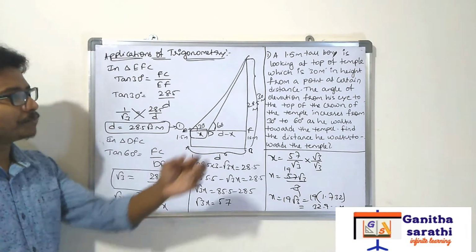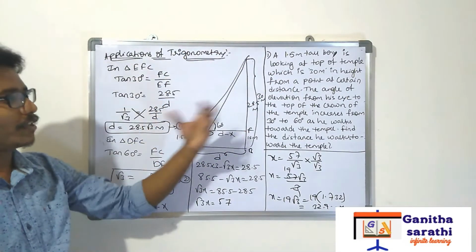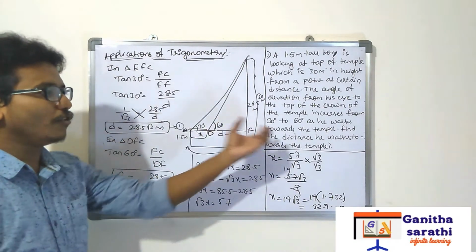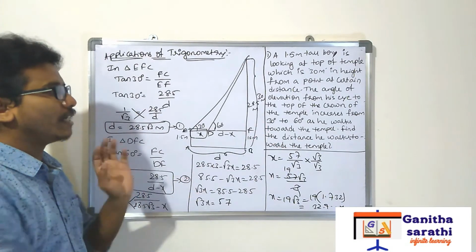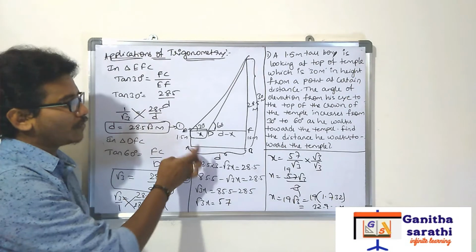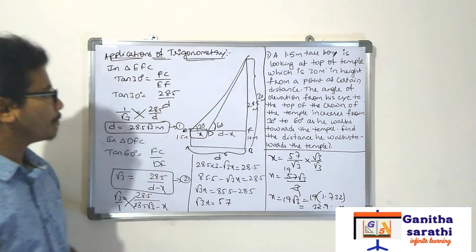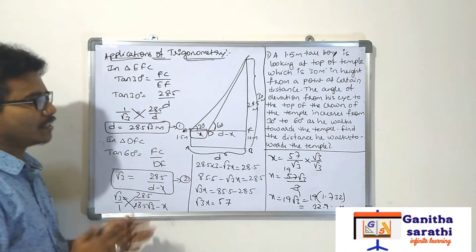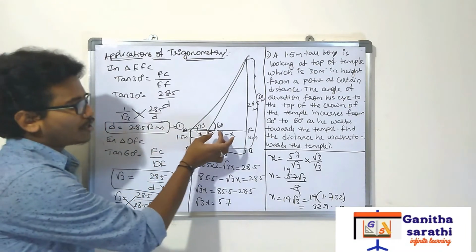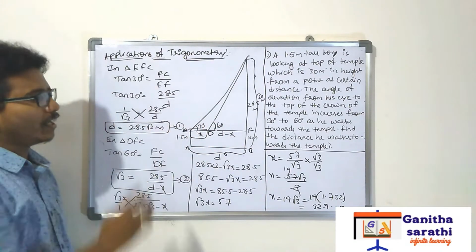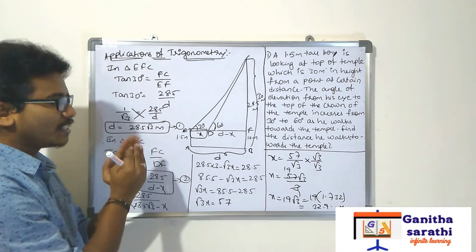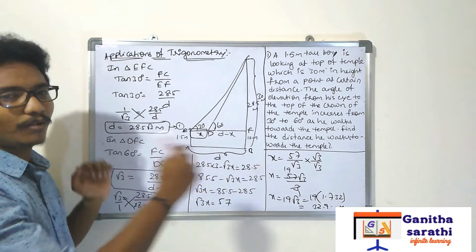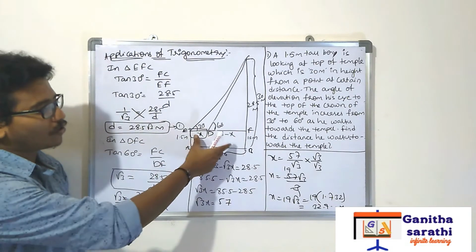Now see here again, in our first video of applications, what I have said: if the height of the observer is given, then we should use that in the problem. If it is not given, we should neglect that. But here we are using height of observer, that's why I am taking it here. Now by following the 3 rules only, we are solving all the problems. See here, first of all, 30 to 60. You should not write 30 here, 60 here. In one diagram I have showed you, right? If the angle increases, the distance will be decreasing. If the angle decreases, the distance will be increasing. By that concept, you should draw the diagram.